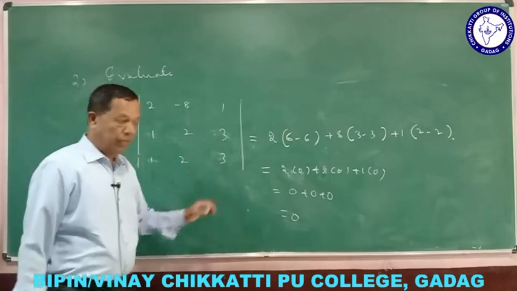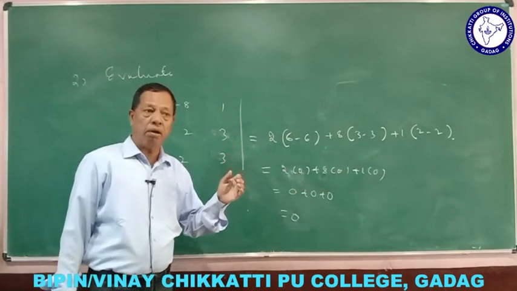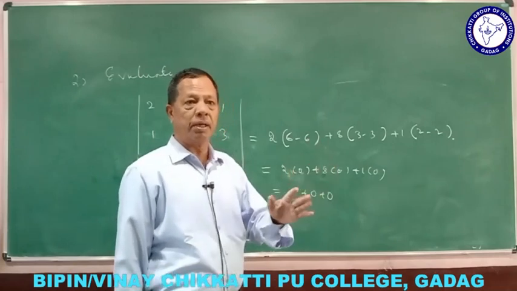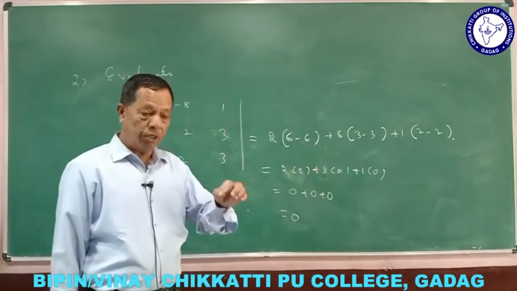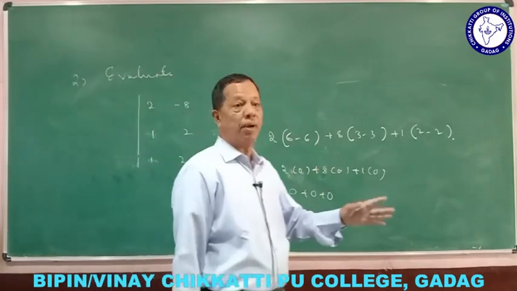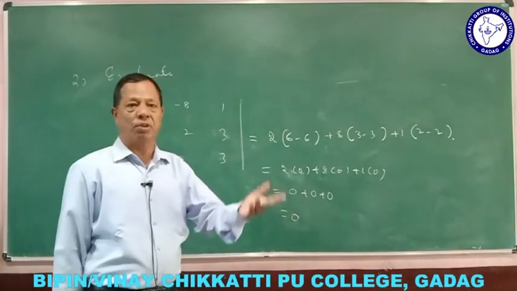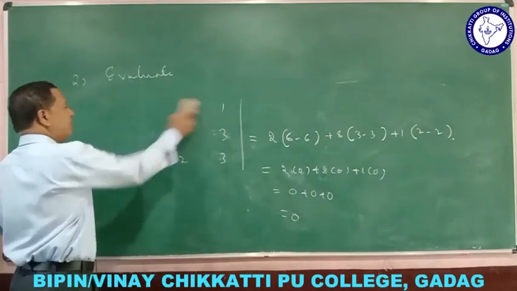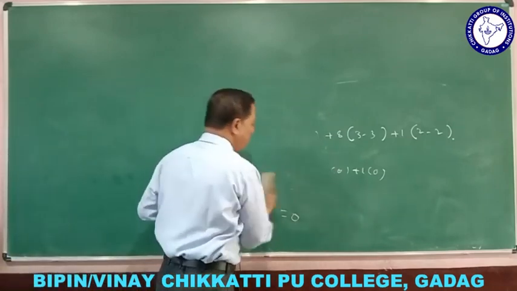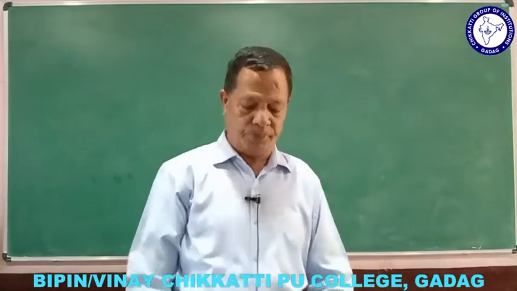Now, I hope that what I have explained today is clear: what is a determinant, how the second order determinant is expanded according to the definition, and how the third order determinant is expanded. See, this determinant is the number which is associated. That is why I told you every square matrix is associated with a number. That number is called the determinant. Some other definitions are there, but in the examination they never ask what a determinant is. But you must know what determinant means. So before going to the next class, I have to discuss some properties.